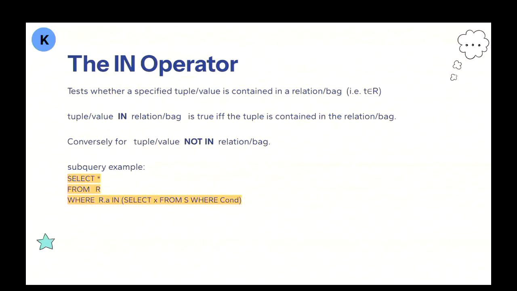Now let's look into the operators of sets and bags. The first operator, I think we have encountered in some of our examples before. The operator is called in. It means an element is in a bag or in a set. And conversely, we can use not in to do the reversed operation. This is the in operator, which is very straightforward.